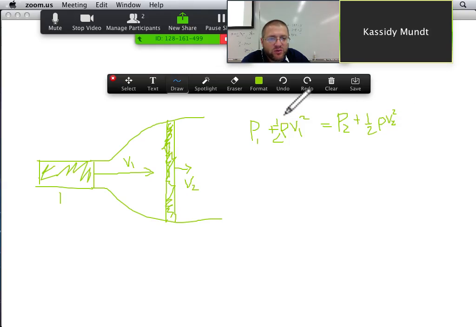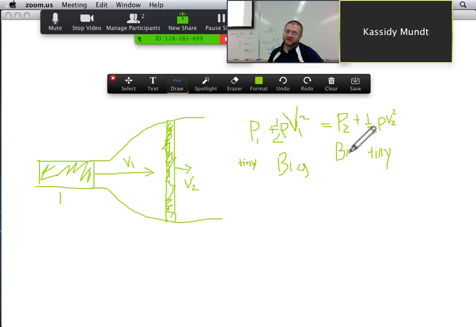But we just said that V1 is a big V. It's huge. And not only is it big, but we square the thing. So this thing gets really big on the left side of the equation, right? And then this one is really tiny over here. So this is big, and this is tiny. What's going to happen to our pressures in order for this thing to be equal? Pressure on the left is tiny, pressure on the right is big. It's kind of the same thing as conservation of momentum, except with a couple other things added in almost.